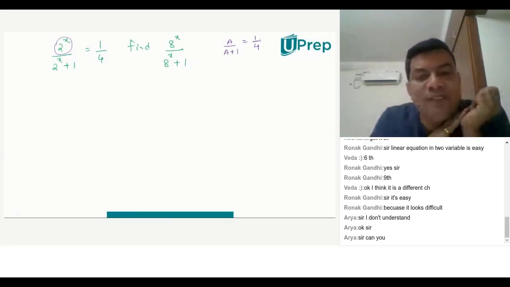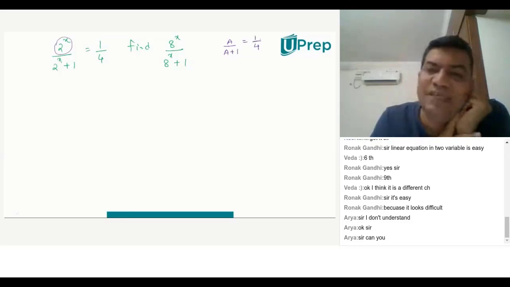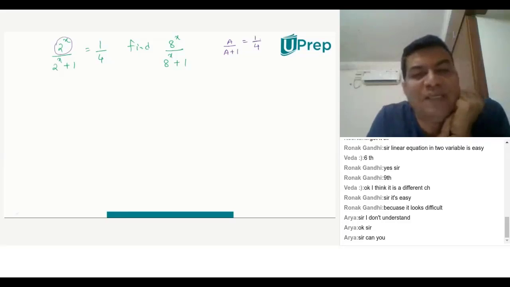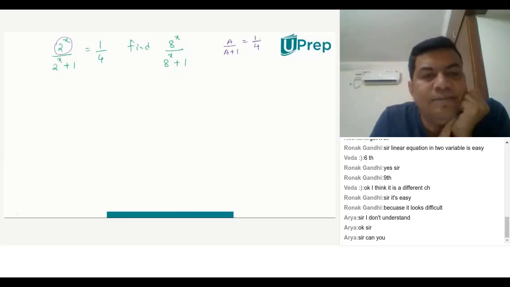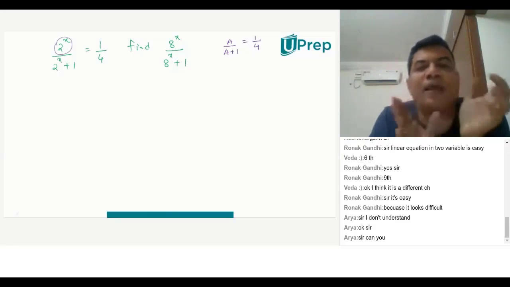You know what an apple is. You can calculate what apple is. But apple is nothing but 2 power x. Once you know what is 2 power x, you know what x is. The moment you know what is 2 power x, you know what is 8 power x. Then your problem is easy. Easy peasy. Come on, do it. Now try.